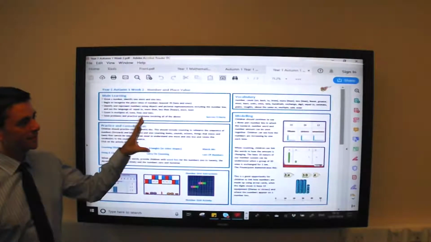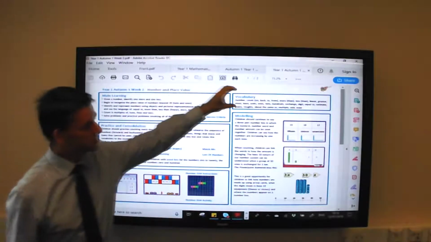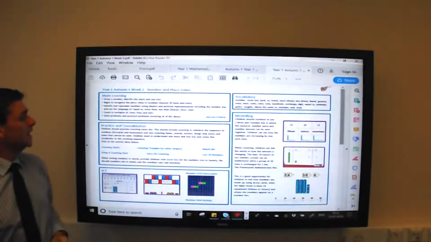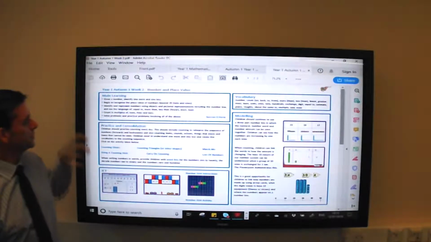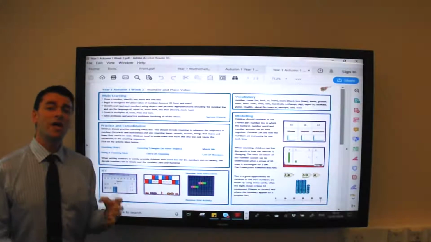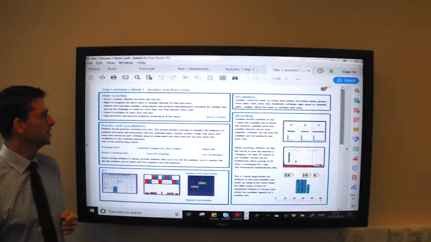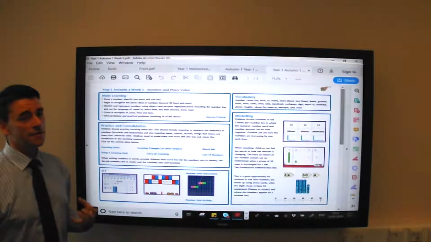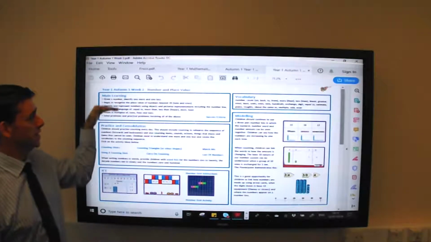So here we've got the ingredients for the week, and as you can see, they are structured in this order, and every unit has exactly the same structure. So we've got main learning, and these objectives over here are exactly taken from the previous page, the medium term plan. These are end of year expectations, so children would not be expected to achieve all of these in the